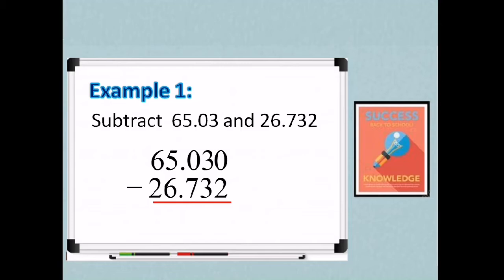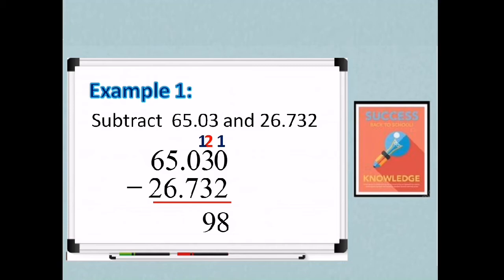So, 0 minus 2 cannot be. So we need to borrow 1 from 3. So it will become 10. So 10 minus 2 is 8. Then 3 will become 2. 2 minus 3 cannot be. So we need to borrow 1 from 0, and 0 will become 9. So now 2 will become 12. 12 minus 3 is